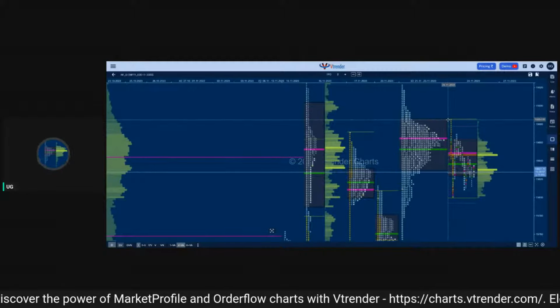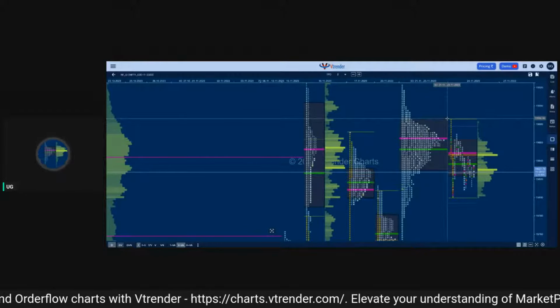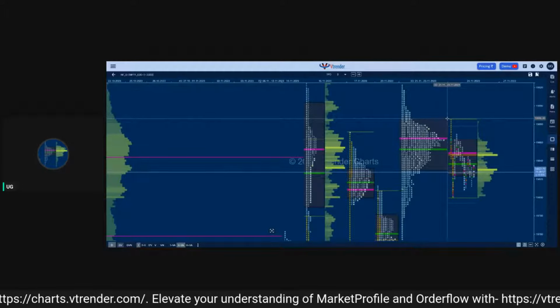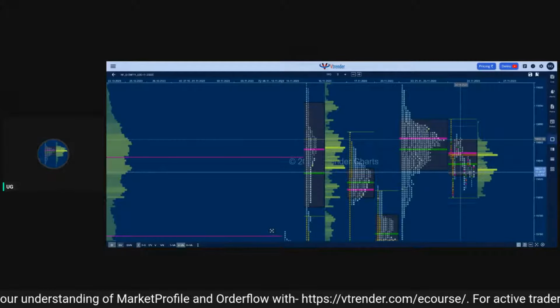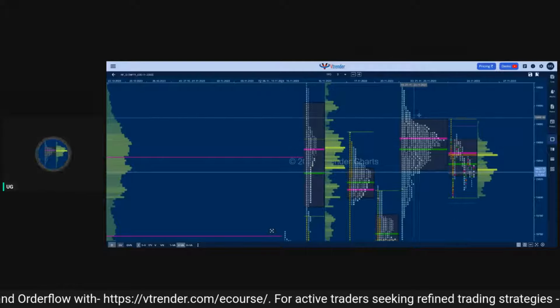As you can see, we opened exactly at the upper end of the value. And again, we did not find any demand. So what did the auction do? It did what we call the 80% rule. The 80% rule happens when you have a nice balance which is formed, and we enter that balance either from the